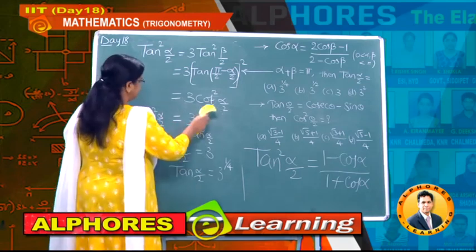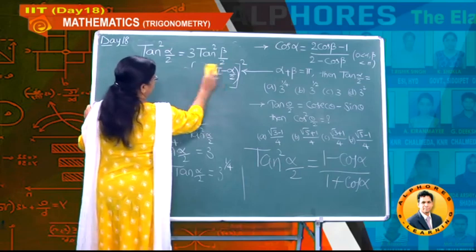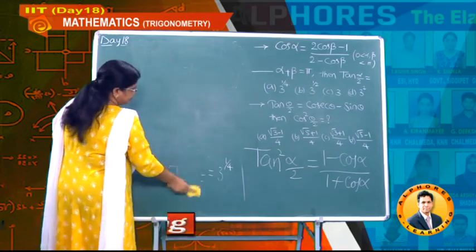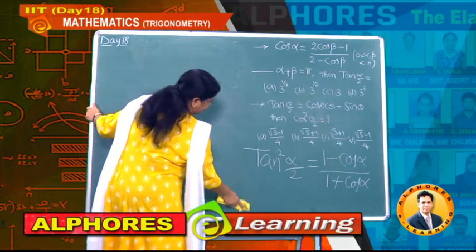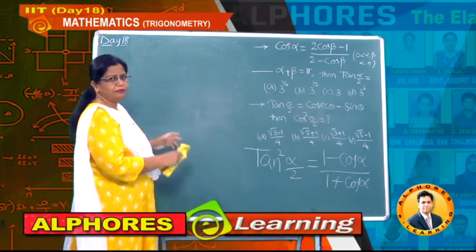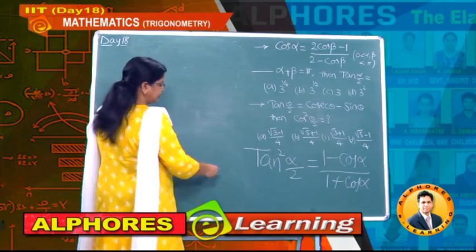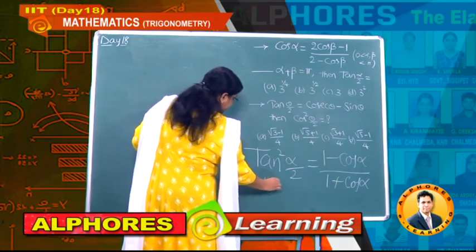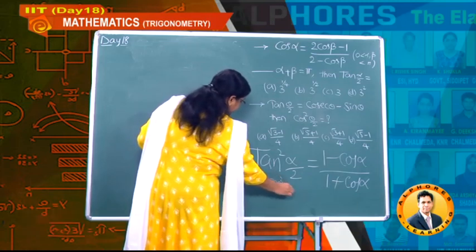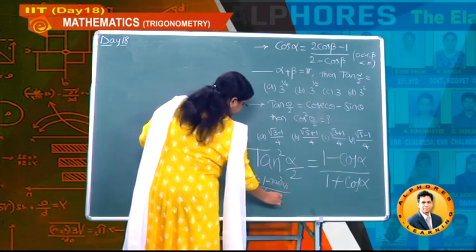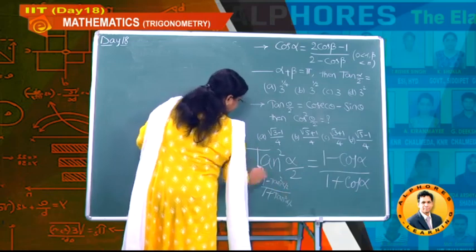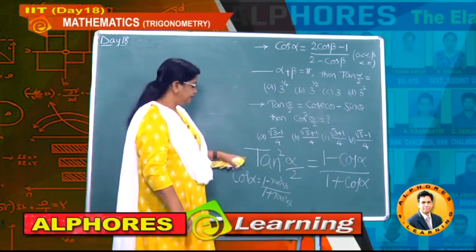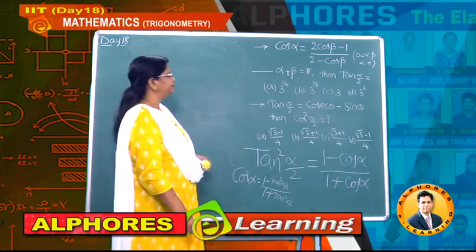Okay students, so in this way we completed this problem. So now, students, you have been observing two formulae, one is cos alpha and the other one is tan. Understand? The same relation, cos alpha, if you take, what is the value? 1 minus tan square alpha by 2 divided by 1 plus tan square alpha by 2. Understand? So these two formulae we will keep on observing in problems in future also.